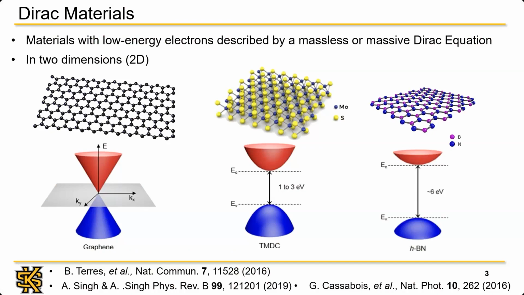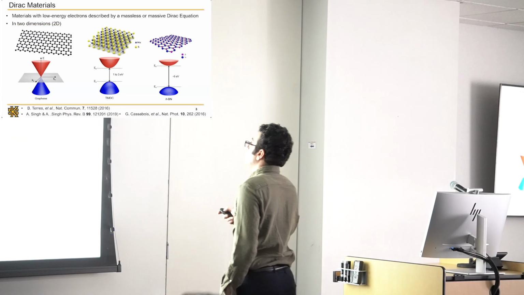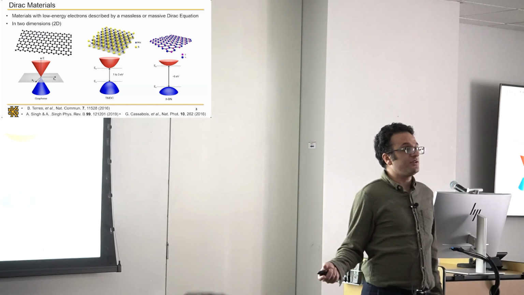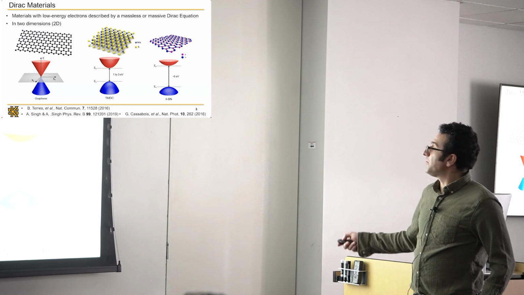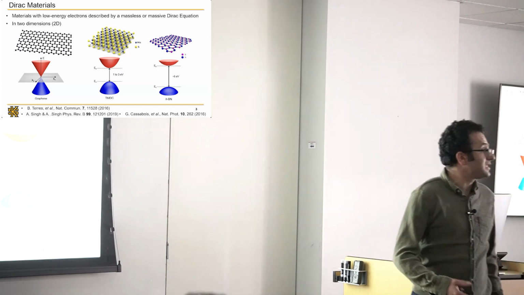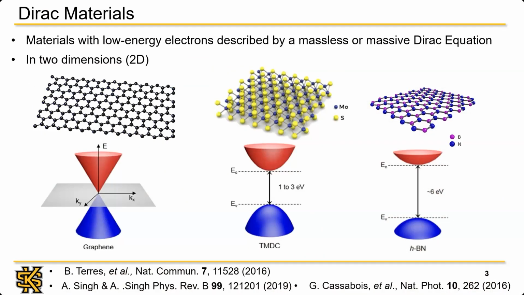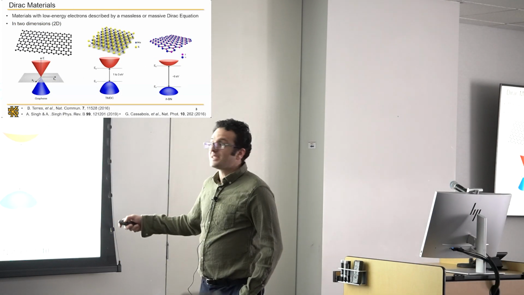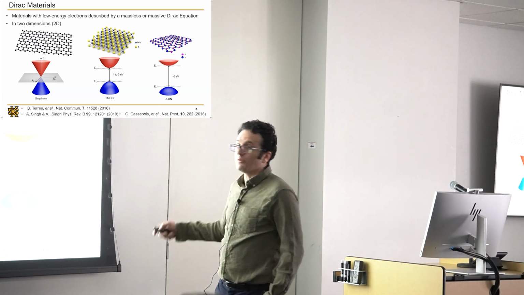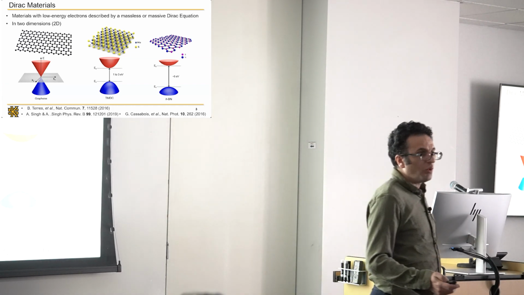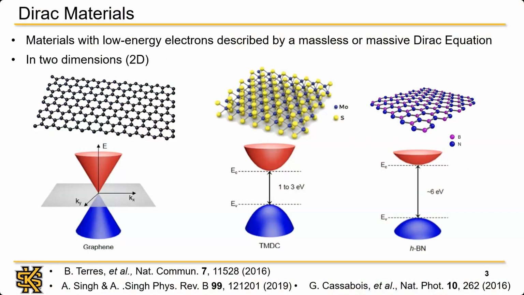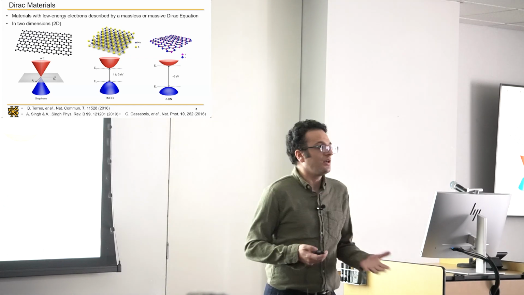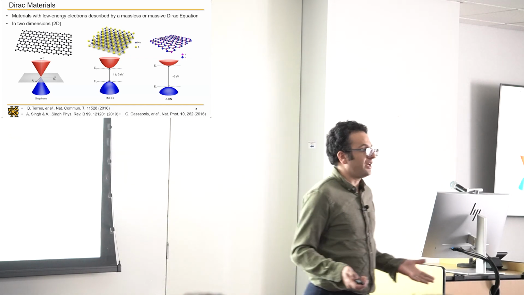We also have insulators. Hexagonal boron nitride, which is also a 2-dimensional material, right, is described by a massive Dirac equation, but now the gap is much, much larger. It's of the order of 6 electron volts, making it an insulator. So we have these Dirac materials in 2 dimensions that can come in different electronic states: semi-metal, semiconductor, and insulator. Now, why is graphene so special? Why are these 2D materials so special? How do these low-energy quasi-particles that are almost relativistic appear in a material, right?